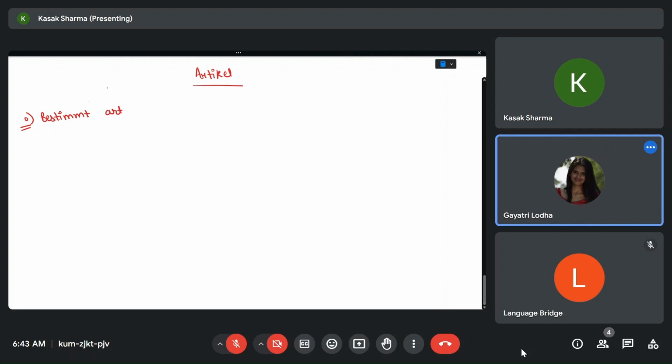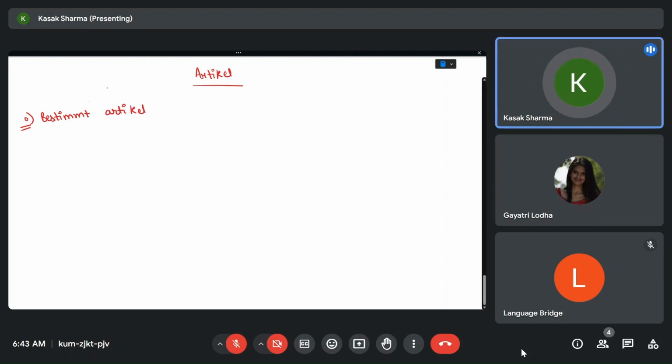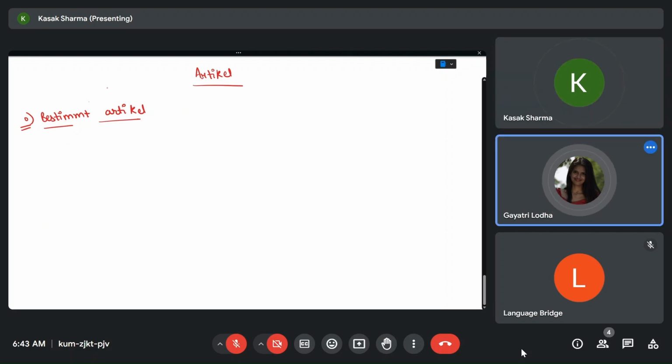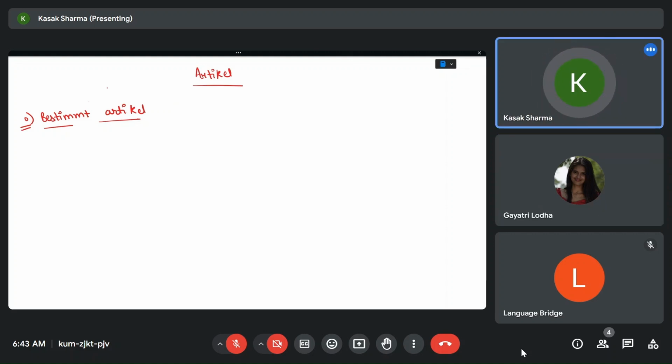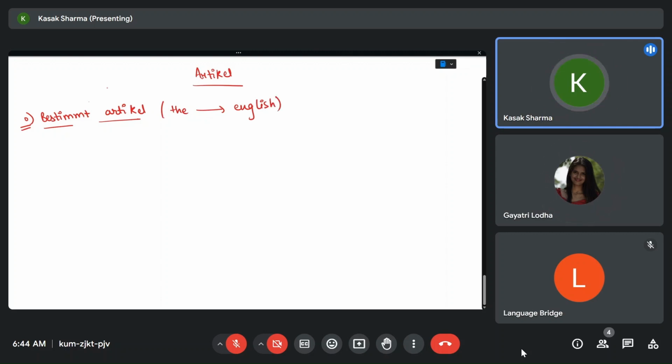Oh, God. Is it the same? I don't know. It doesn't have such a dangerous name. So, yeah, I can understand. No problem. So this bestimmt article is nothing but the "the" of English. Okay. And one more shock, German has genders.